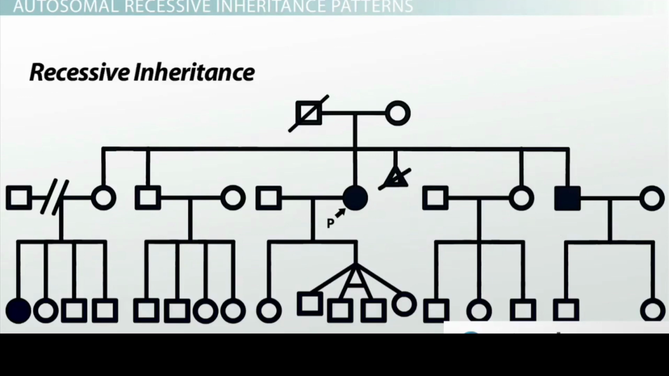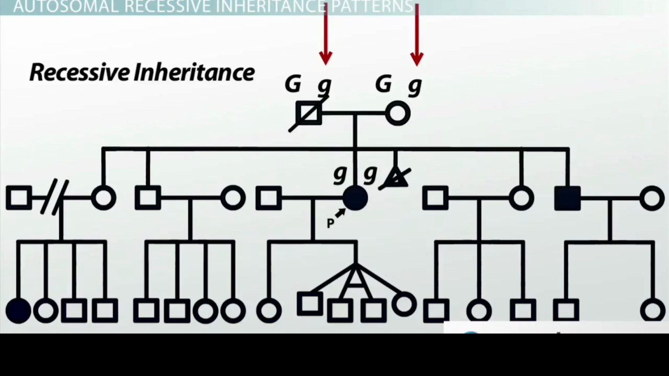In a recessive condition, it takes 2 copies of the affected allele to cause the condition, one inherited from the mother and one inherited from the father. So most individuals that inherit an autosomal recessive disorder have unaffected parents. However, both of these unaffected parents should each have 1 copy of the recessive allele, which would make them carriers